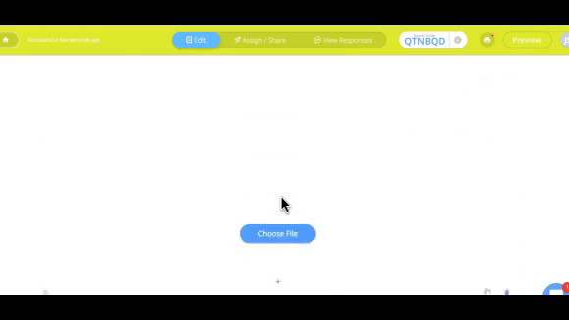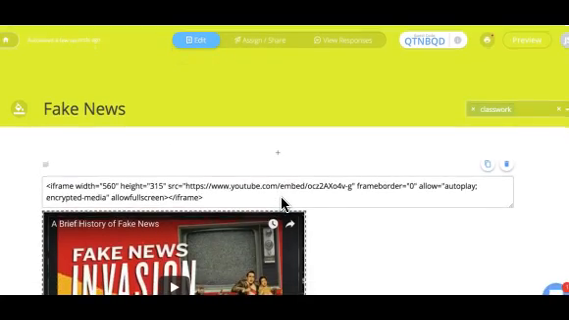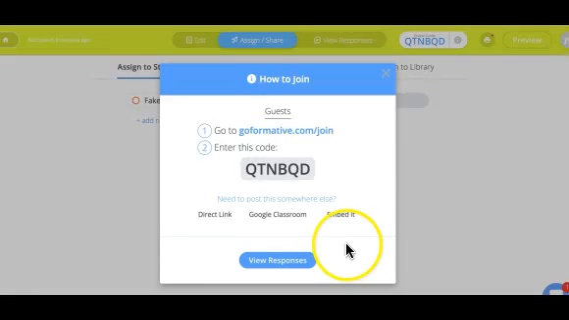But let's quickly take a look at what happens when we're finished putting together our formative. We could assign it to a class, but that would require putting in the student's personal information. So the easiest way to share it is by going to the guest code, which does allow us to get a direct link or add it to a Google Classroom or embed it in a blog or a website we're already using. But the most fun way for the students would be to give them the code and have them go to